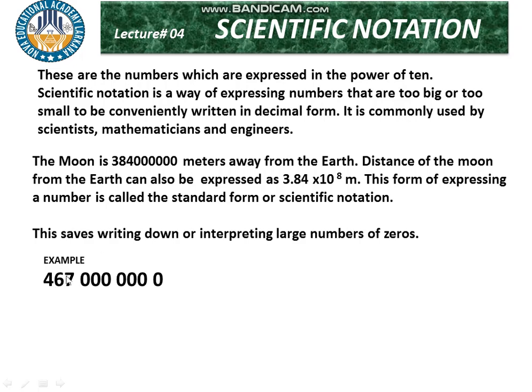Let's say 467 and 7 zeros. Now what is going on there? There is a decimal point, it is understood. Now we want to move this point from the right toward the left side. One thing, dear student, keep in mind: whenever we move this point to the left side, your power must be positive, and when this point moves to the right side, your power must be negative. When the power is positive, it means it is a larger data. When the power is negative, it means it is a smaller data, less than 1.